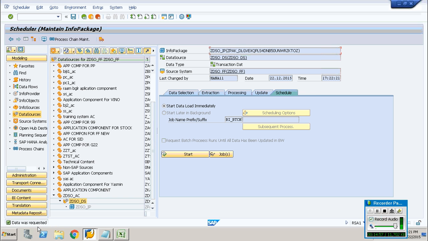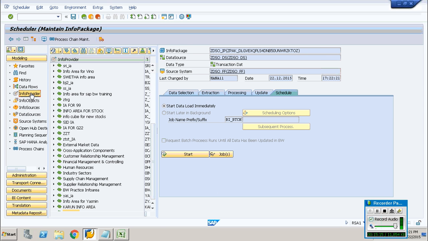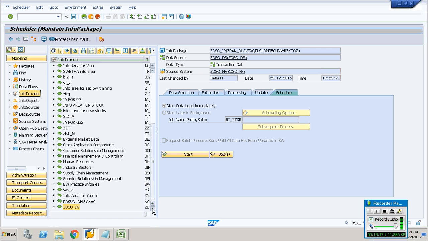That is why it is very important to load data into your PSA table at first. For that, we are loading the data into the data source and then bringing it into the PSA table. So we are done with the data load at PSA table level. Now, moving on. Once this is completed, go back to your info provider and go to the relevant info area